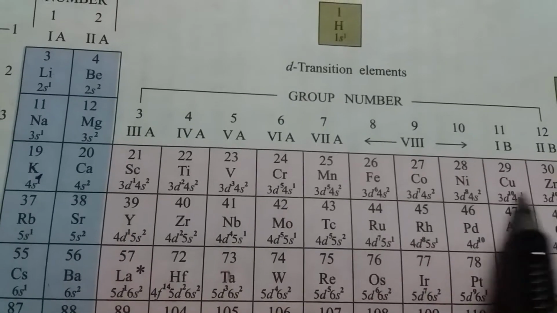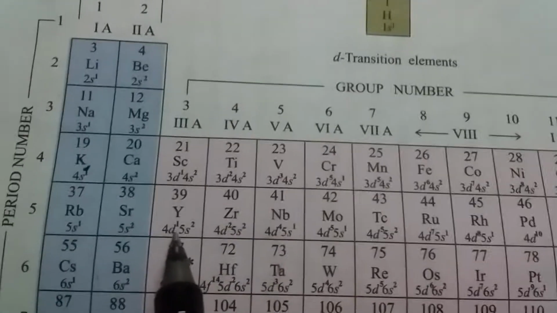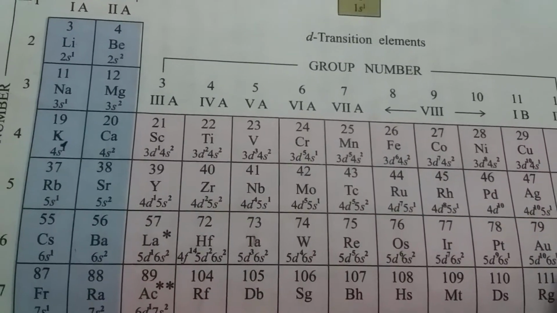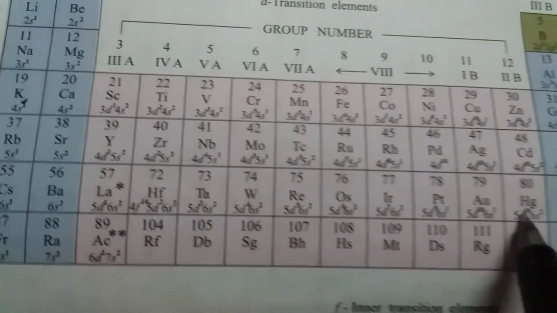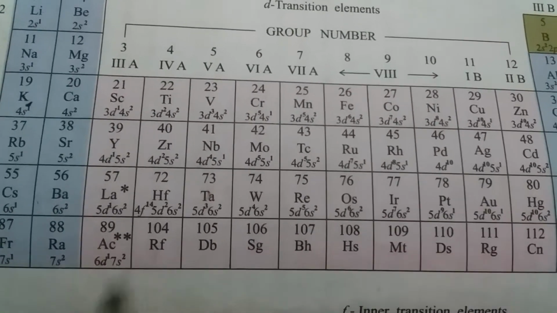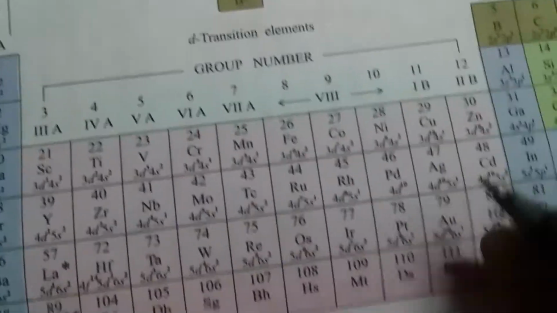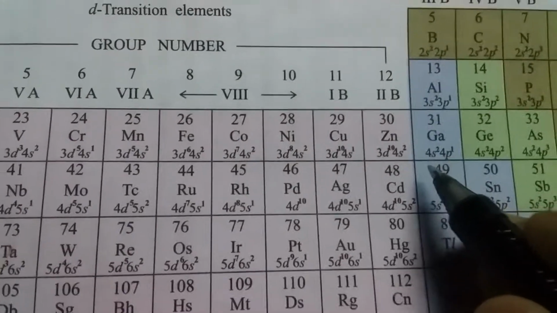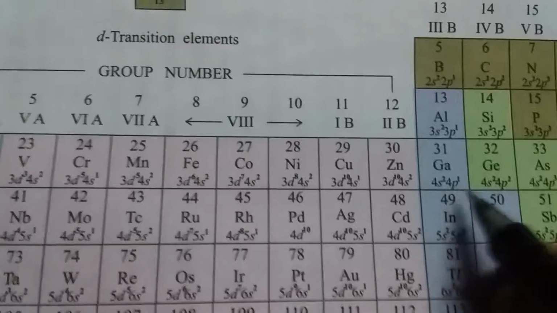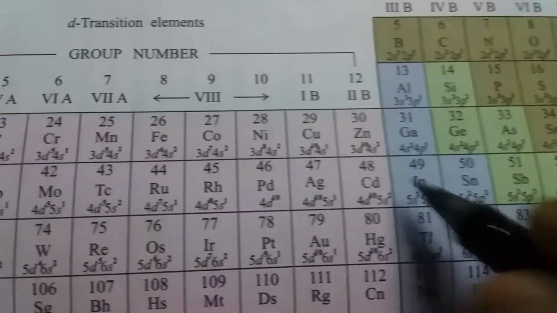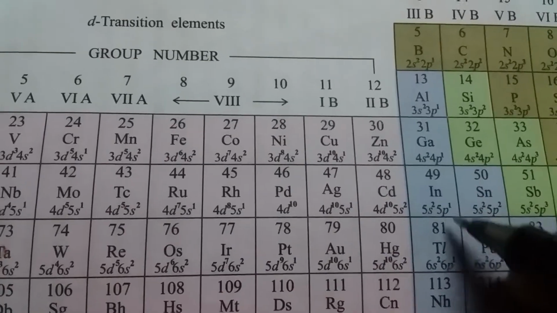The first series is called the first transition series, the second, yttrium to cadmium, is called the second transition series, then lanthanides to mercury is the third transition series, and actinides to Cn is the fourth transition series. After filling up the d orbitals, it enters the 4p orbitals. After zinc, the 4p orbitals are filled up: 4p1, 4p2, 4p3, 4p4, 4p5. Similarly after 4p, 5p1, 6p1 and so on. In this way the electrons are added in the periodic table.